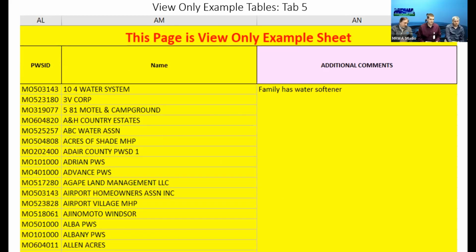So if there's a customer refusal or something, you can document it there. You should also be able to add additional columns. Systems might use the white columns to the right after that. Several of those should be unlocked, so you can insert more. The system might record their own personal notes or contact, or the name of who was on site inspecting. So the system can always add their own information.